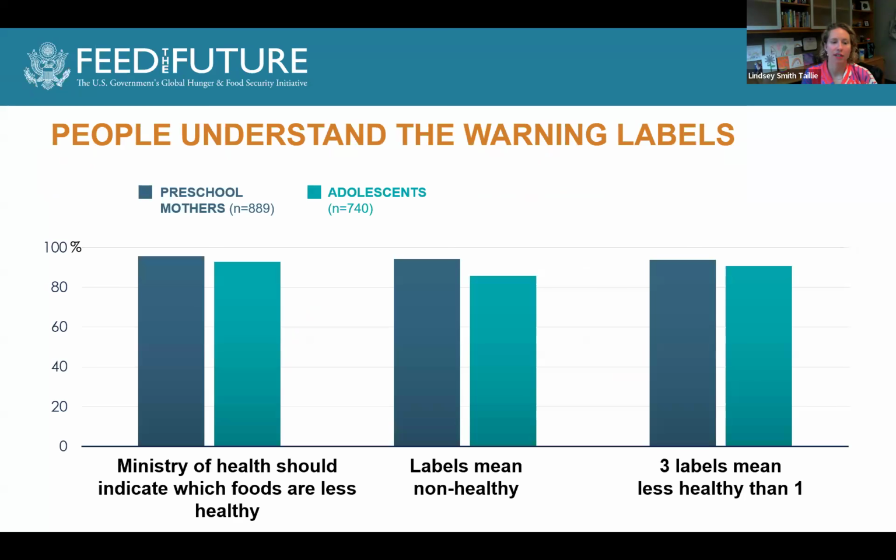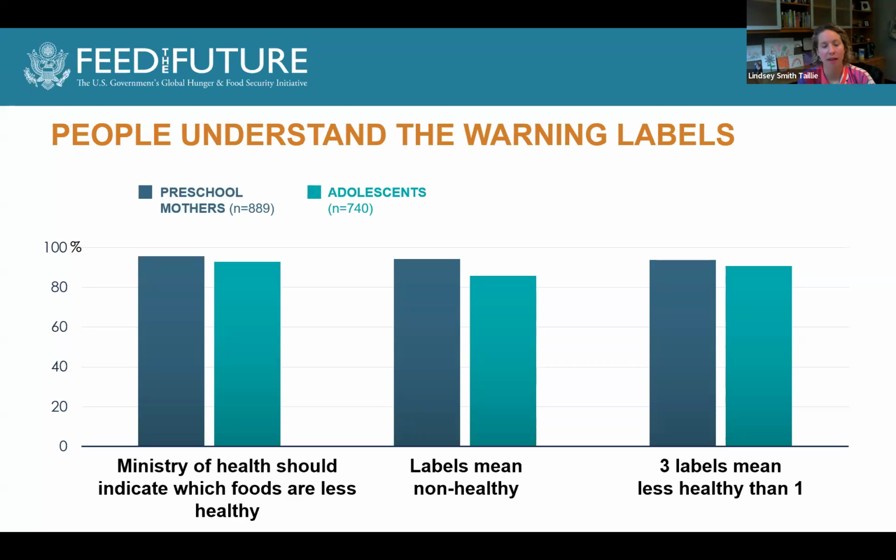Of course, we also want to understand, do people understand what these labels mean? And so this was a cohort study that we did that also supplied the dietary results. We talked to moms of these preschoolers, and then we also talked to adolescents, and we asked them, first of all, if they supported this policy. And this policy had very high support. They felt that the Ministry of Health should do this. What happened in Chile was after they had the initial president who implemented this policy, a subsequent president who was more pro-business, let's say, contemplated revoking this policy, but it had such high levels of public support.